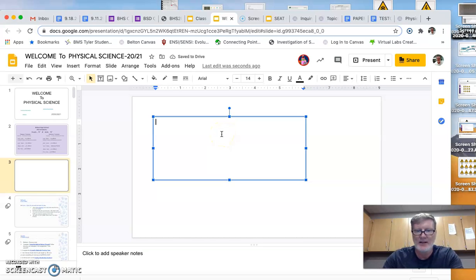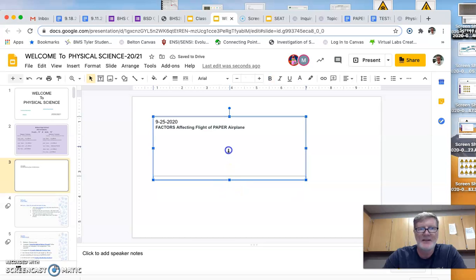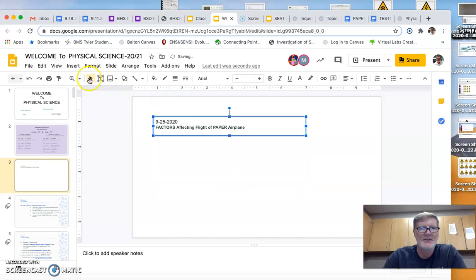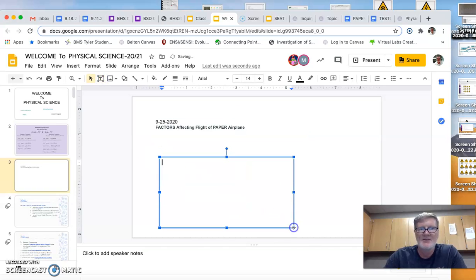date it. So we got 9/29, 9/25. Go ahead and title it Factors Affecting Flight of a Paper Airplane, and then go ahead and make a list. And so things like